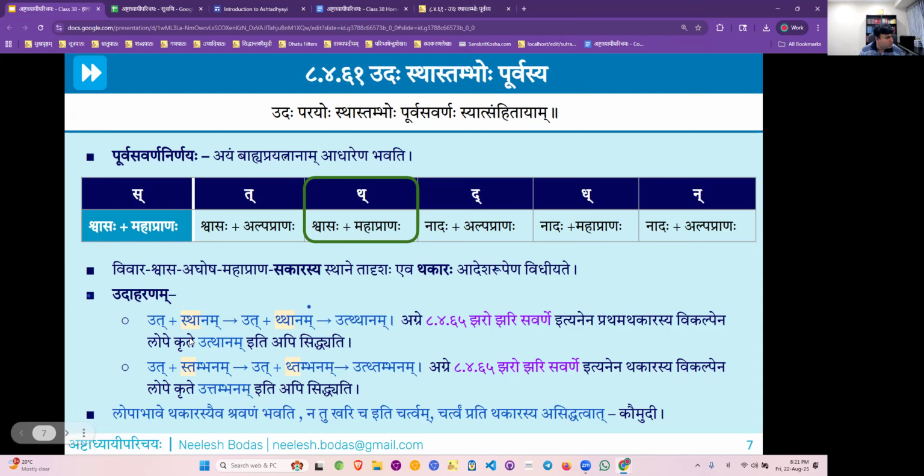Utthapya, utthitva. So I mean, unless there were prayogas, he won't create sutras like this. Now I am not able to offhand recollect an example of a stotra where such a prayoga is there. Utthammanam, uttanam, but obviously the prayogas will be there. Otherwise, these kind of